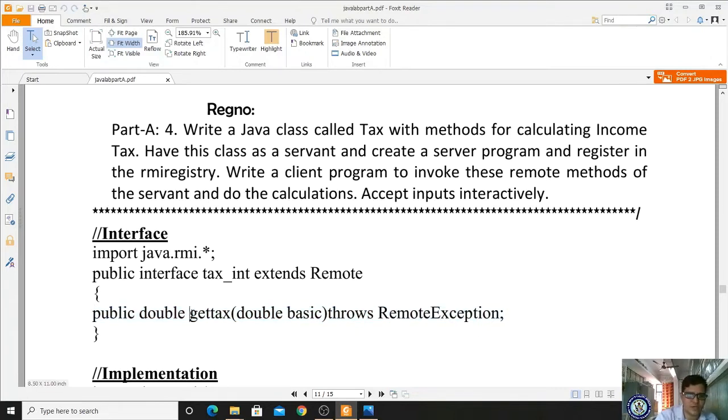Whatever basic you are passing, through that basic we can calculate different calculations, like DA, HRA, PF and so on. Here no condition is given, you can calculate according to your wish. So throws RemoteException is given. Here the interface program ends. You have to save this class file as Tax_Int.java.